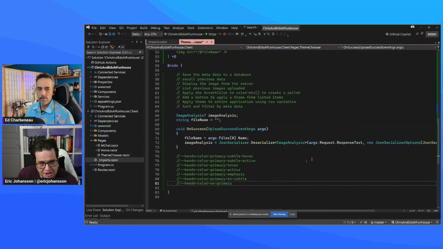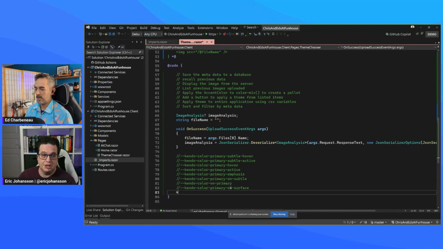I'm just dropping them in here so we have a reference to them. Theme Builder is great, in my opinion. So I'm just copying them off of another window over here. And then we're going to do some CSS. We're going to have to do some CSS because this is